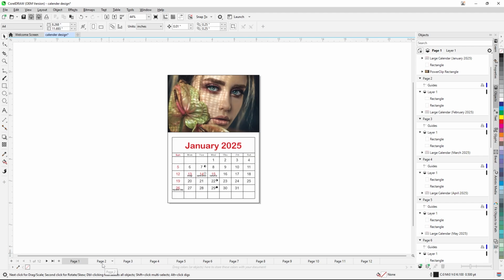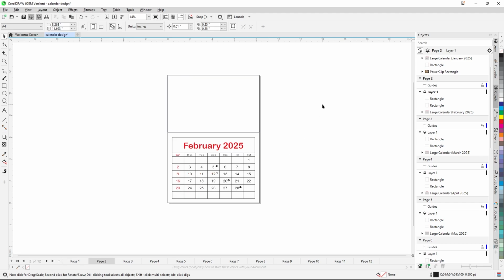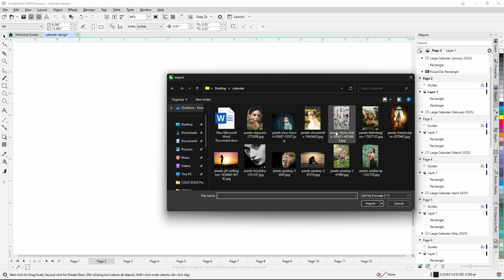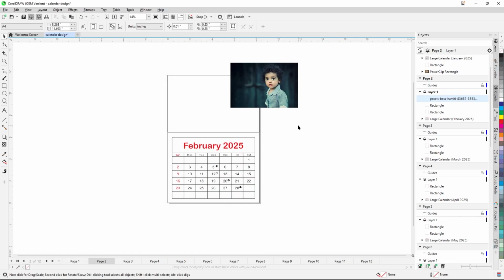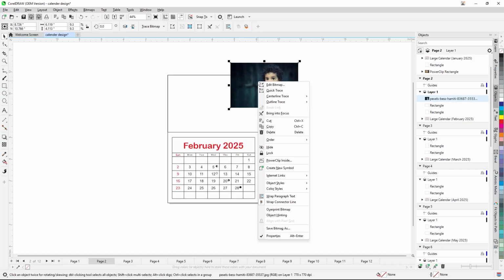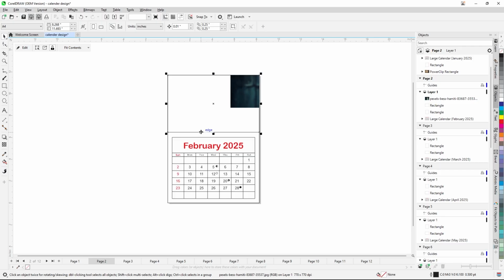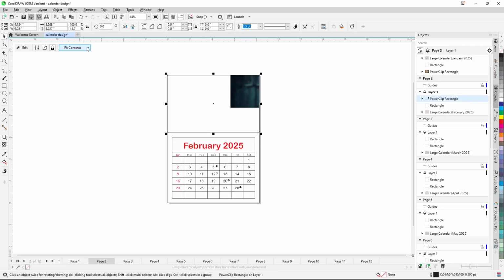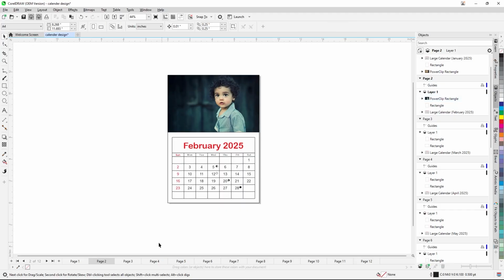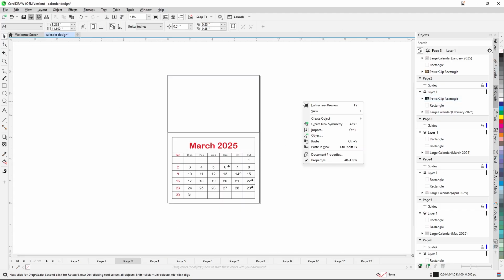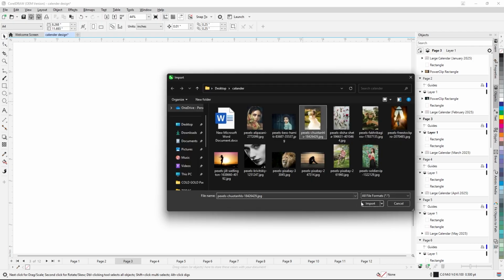Then come to another page 2 and right click here and import. So in an order I am taking, okay, and select this one, power clip inside, and use this one and fill proportionately. So fill and come to third page and right click and import again the third one, import,